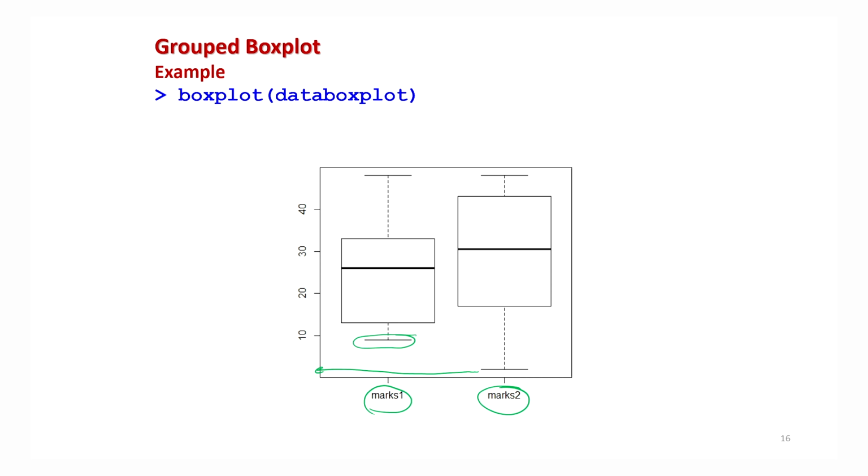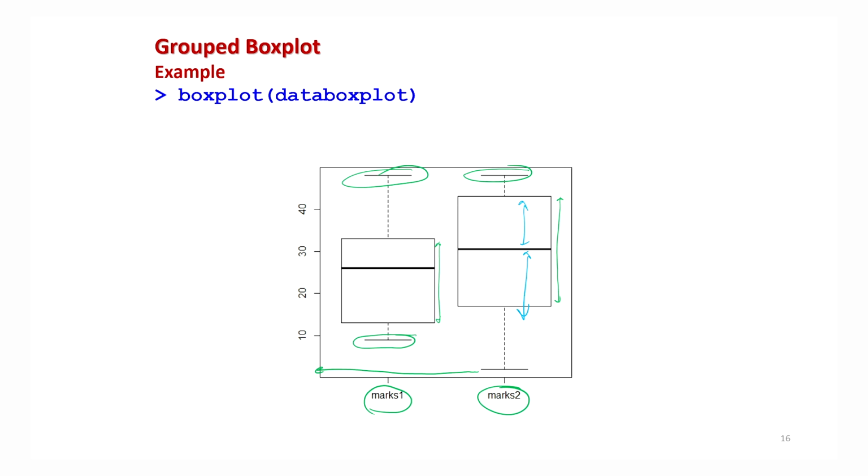The maximum marks obtained in both the data sets are nearly the same, but the distribution of the marks in the 2 data sets is such that more students in the class have got higher marks in the data set of marks 2 than in the data set of marks 1. It is also seen by looking at this distance that in marks 2, most of the students